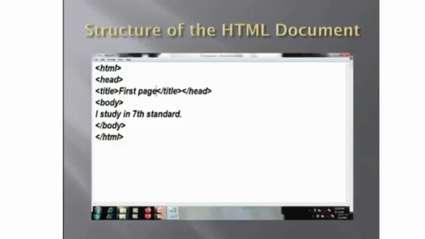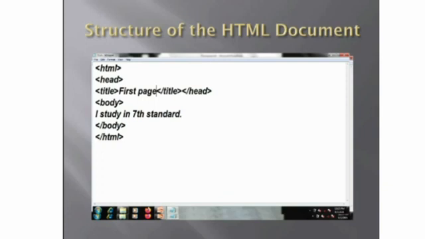Now, the structure of an HTML document. There is a basic structure of an HTML document given here. Firstly, we have to open the HTML tag like this. We open the tags in HTML like this: less than sign, a set of letters in between, and greater than sign. That is considered a tag. Firstly, we will open the HTML tag. After that, head, then title. Head is used to display the title of the web page. Here we will type the name of the page, first page. After that, title close. There is a backslash sign inserted there, and after that, head close.